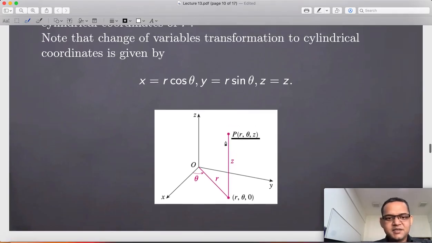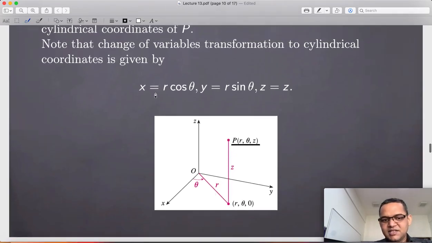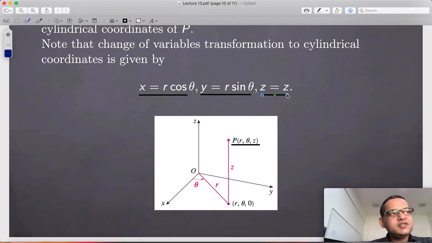And it's very easy, because I already know the polar coordinates give you these transformations: x is r cos theta and y is r sin theta, and z is precisely the same. So these are the new coordinates. The variables here are going to be r, theta and z. So the functions are x equal to r cos theta, y equal to r sin theta, and z equal to z, isn't it? So this is a new way of